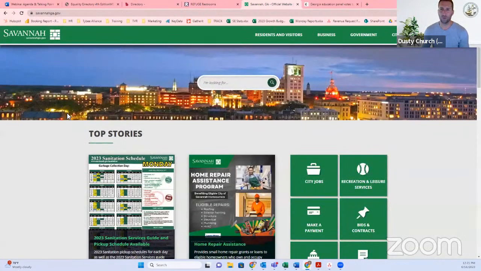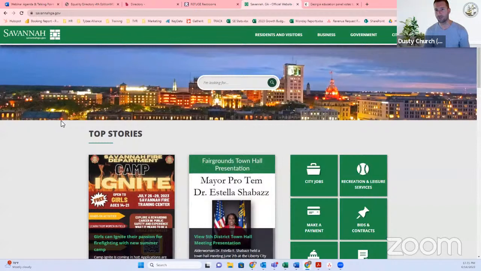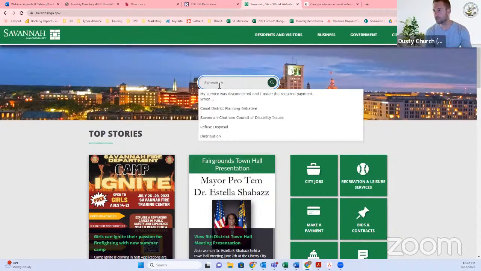And then I just wanted to mention one last thing in terms of resources. I noted earlier that we do have a comprehensive non-discrimination ordinance here in the city of Savannah that includes not just housing and employment, but also public services. So if you happen to encounter discrimination in any public accommodation, by going to the city website and just simply searching discrimination,